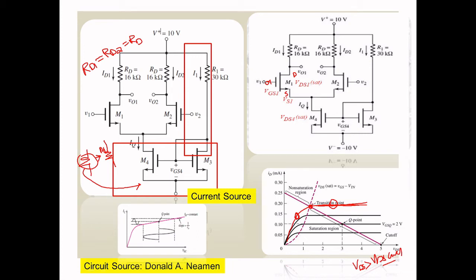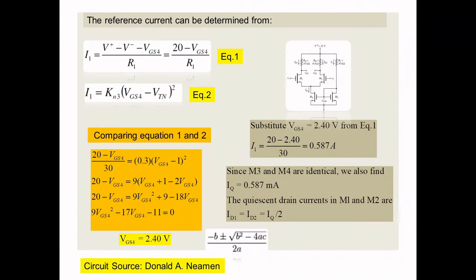So in this problem, what you actually want to find is the common mode maximum and minimum. The maximum is determined by the transition point of the maximum line, which is determined by M1 and M2. The minimum transition point is determined by M3 and M4. So first, see here.